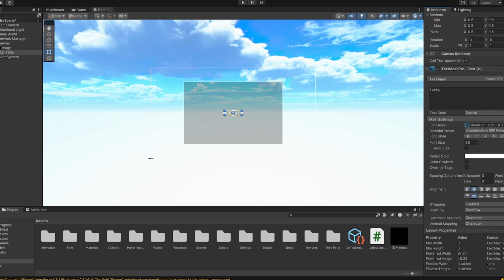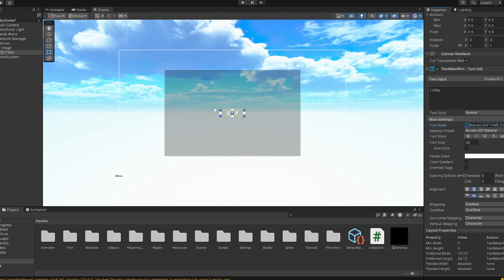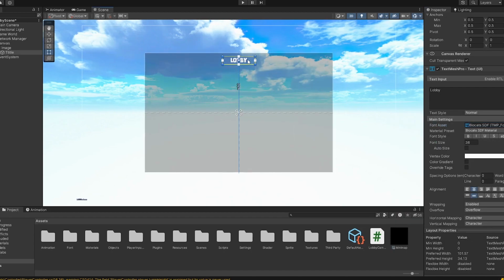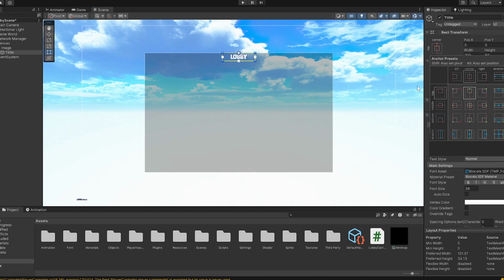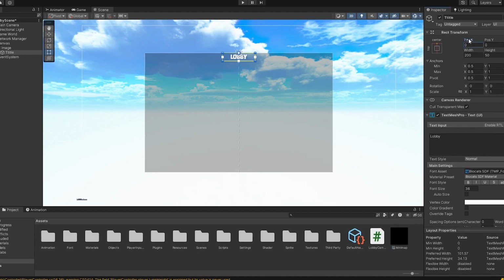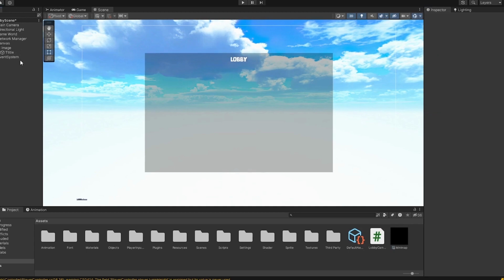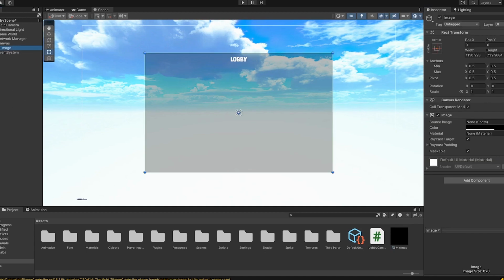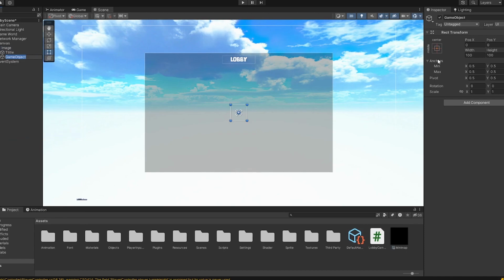Just some settings to make this a bit more beautiful, and we can just set this to stick to the top, but with a bit of a margin. Let's say 16, or it's minus 16. Yeah, I think this is great. Cool. And from now on, I think we can also create another one,